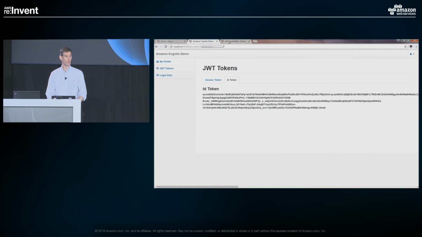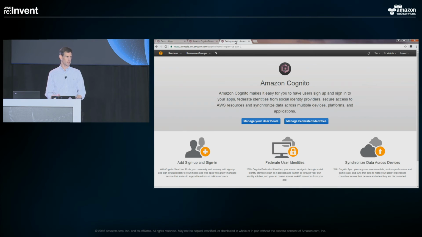And I'm going to walk you through now how you can set up a user pool. I'm going to highlight some of these features that I've used in this demo and some of the other pieces that I think are worth pointing out. So I've stepped over here to our management console. It presents you with basically 2 paths when you get started. I'm going to focus over here on the user pool side.